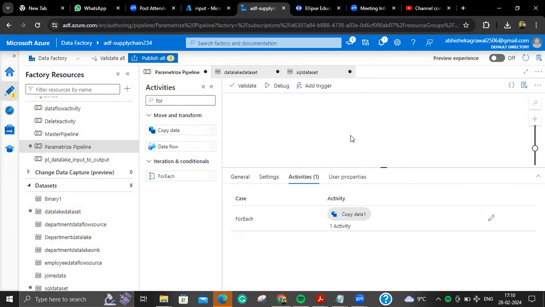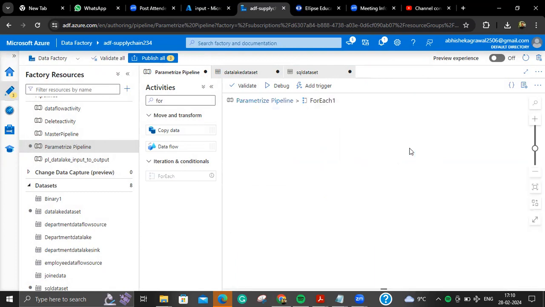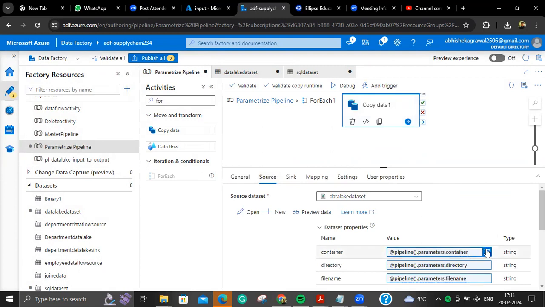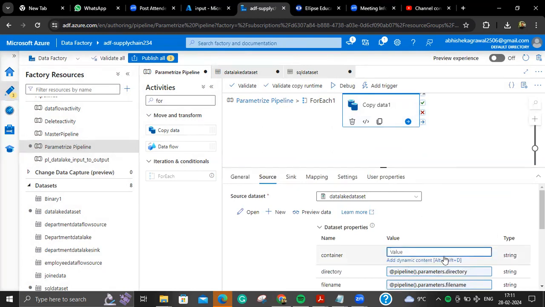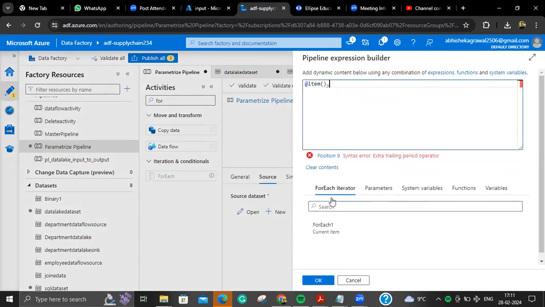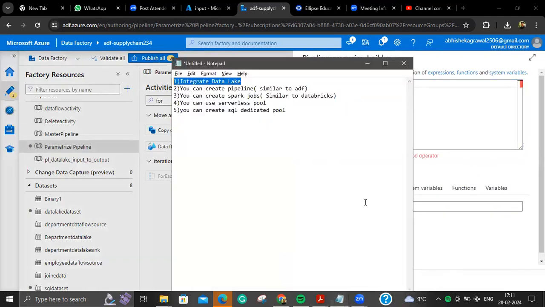Once we do that, I will open the for each loop, and I will go to the copy data activity. I will go to source, and now I will say you don't need the variable, you need the for each loop, what I have passed in the for each loop. And from the for each loop,